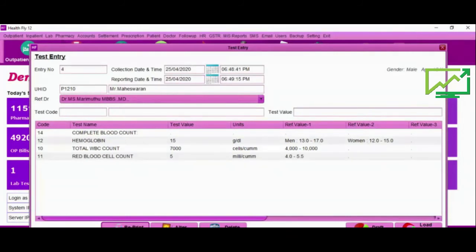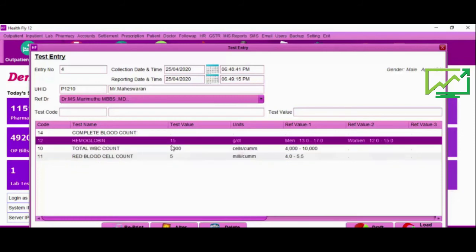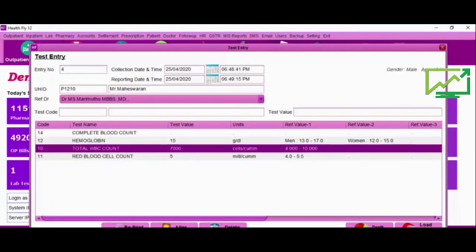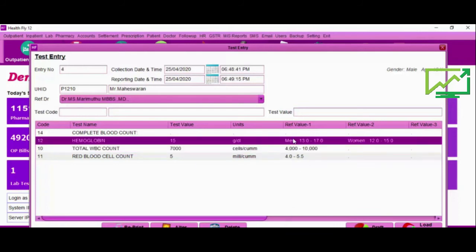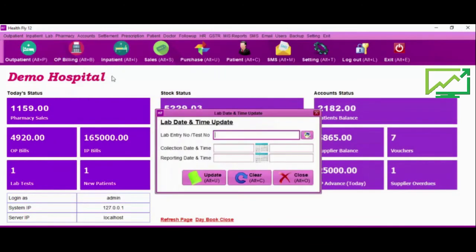And here itself you can alter, you can remove any test or you can add any test, and delete option. Also we have given drop and load option. The reporting time and collection time you can customize at any time, even after test submission also. You can update here.